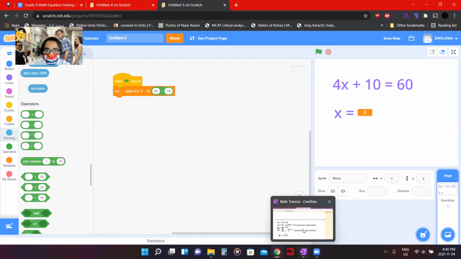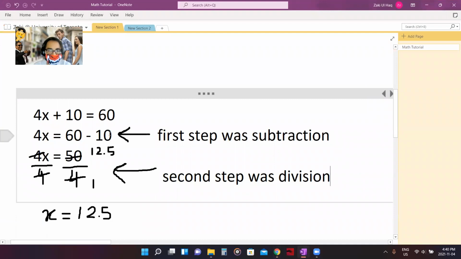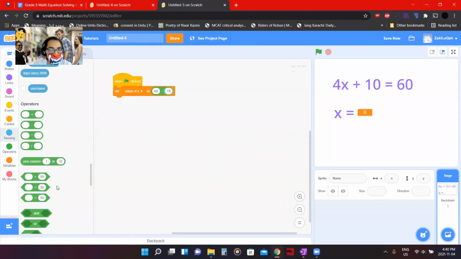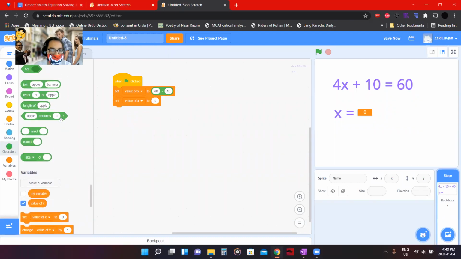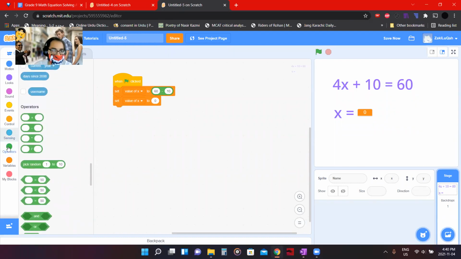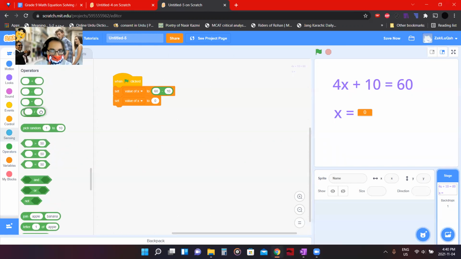And then what do we do? After we did 60 minus 10, we had to divide. We had to divide what we got by 4, right? So then we would drag set value of x again, and then go back up here to operators, and then we drag this divide sign. Divide, by the way, is the slash symbol, if that's confusing, and this is multiply. So this is plus, minus, multiply, divide, just in case you guys weren't clear about that. Anyways, after we did 60 minus 10, right? We're going to need to do,